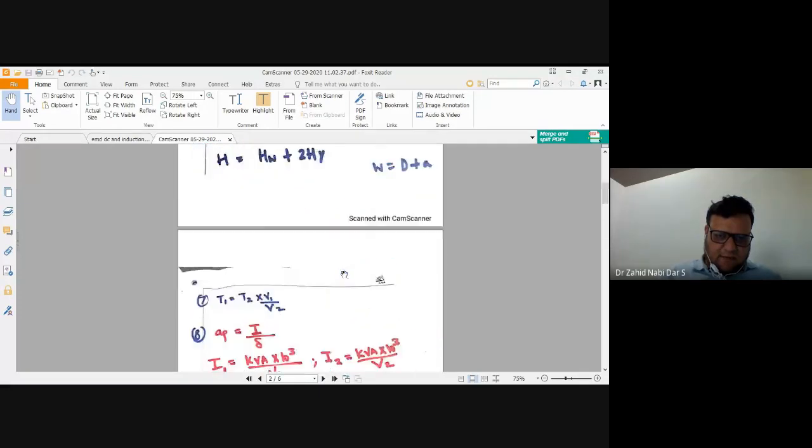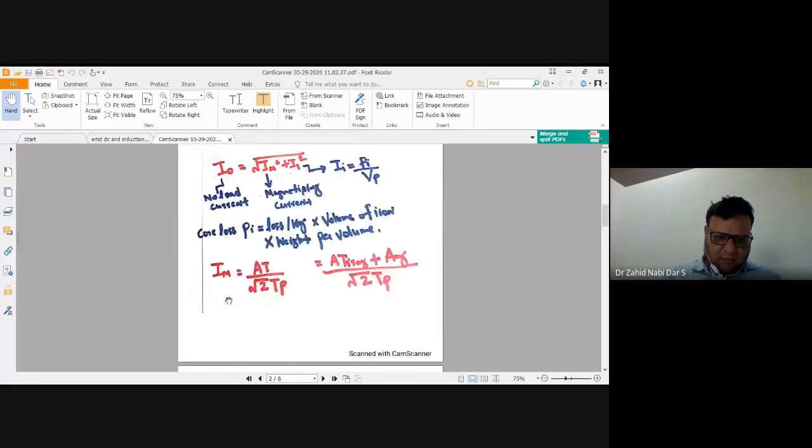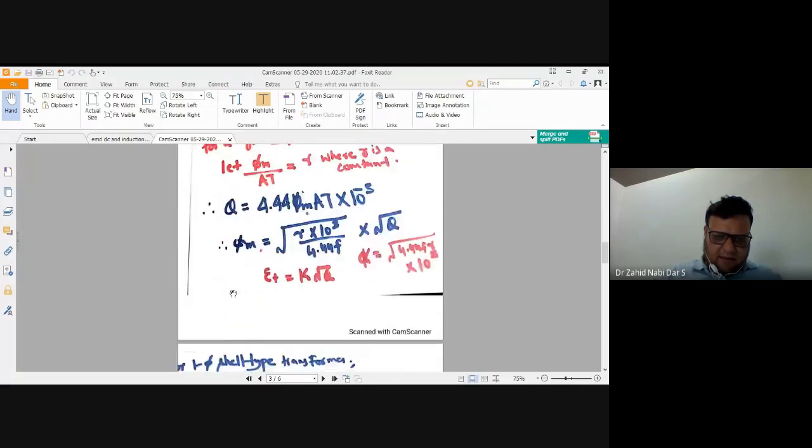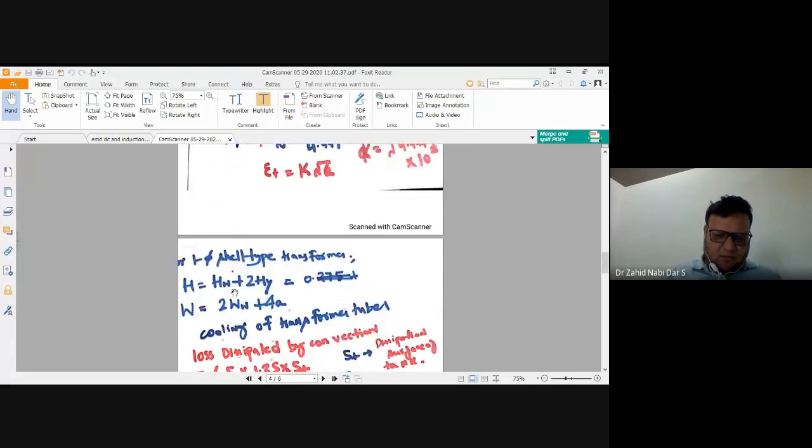Hardly we can see till now 8 formulas for transformer, and there are 9-10 formulas. So this is not very difficult to remember these 10 formulas. If you read for half an hour, 1 hour, you can remember a formula and then recollect it, see a problem, apply in a problem, and happily solve it. There is no Laplace, mathematics, nothing. Even a 10th class student can solve this easily.